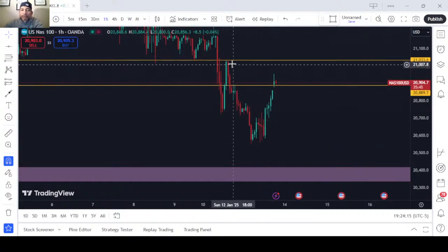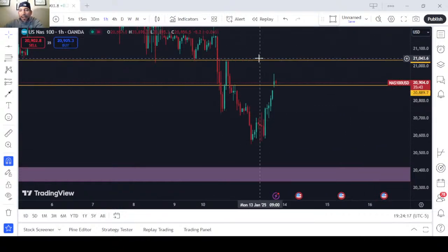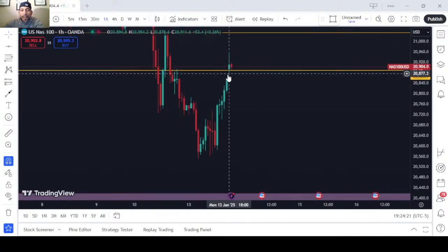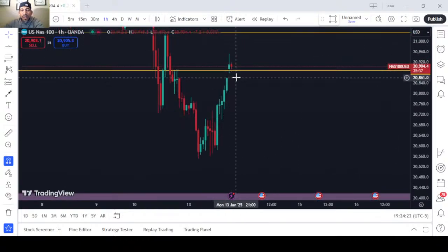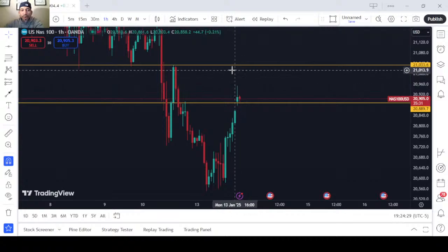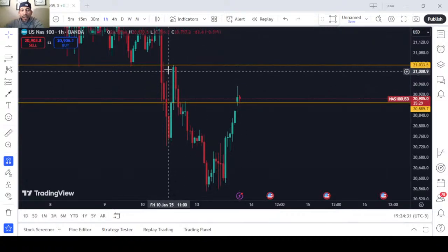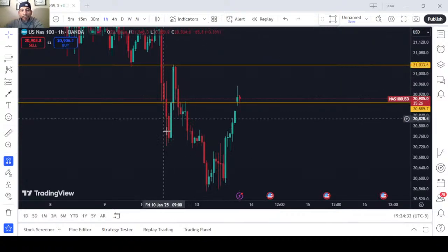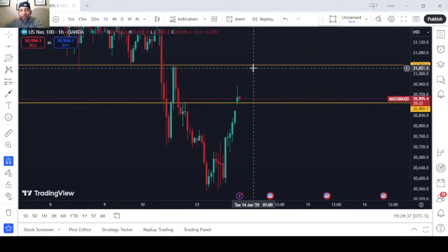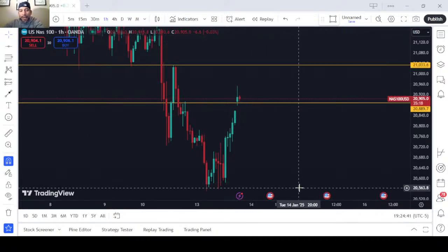So it's similar, but it might want to come back and retest this level here. That's kind of what I'm waiting on. I want to see if we're gonna come back down, fill this gap, and close below. Then I'll look for entries to continue downwards. But if we can push up a little bit more and form somewhat of a double top formation here, so we got the top here, drove down, made another top,